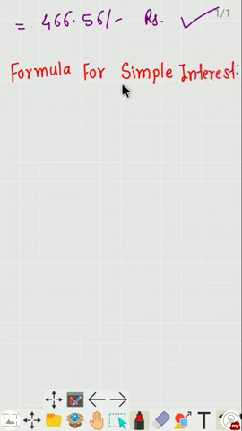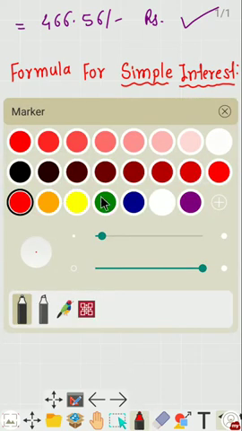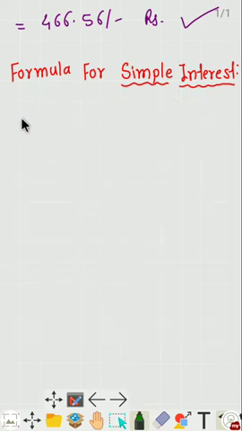That word is important. We are looking for a formula for simple interest. Let us write on the next line: if capital P denotes the principal invested,